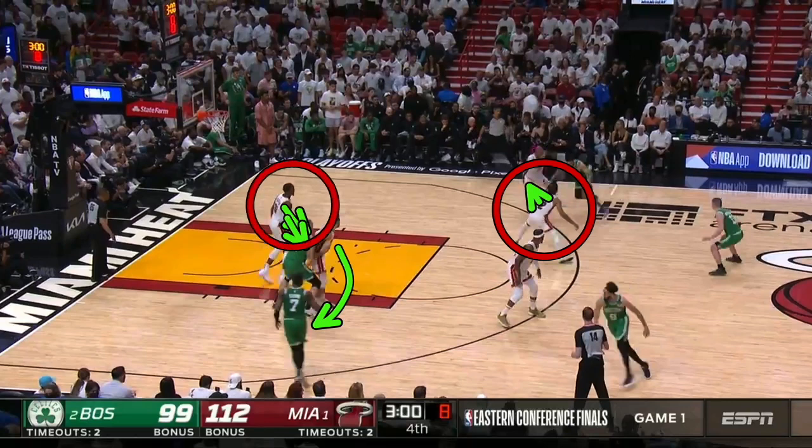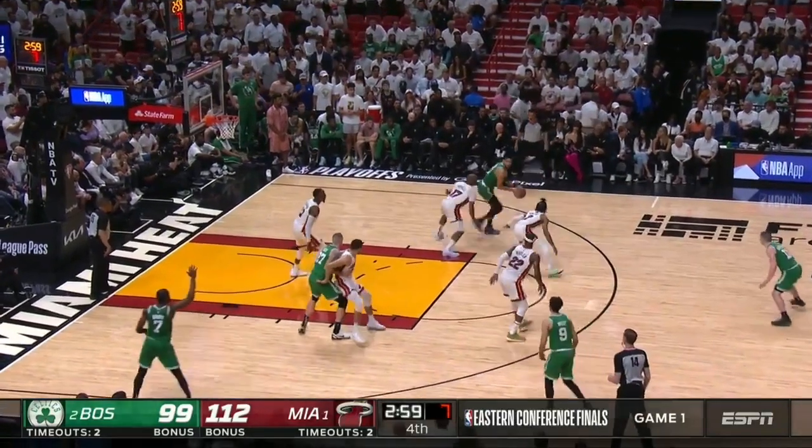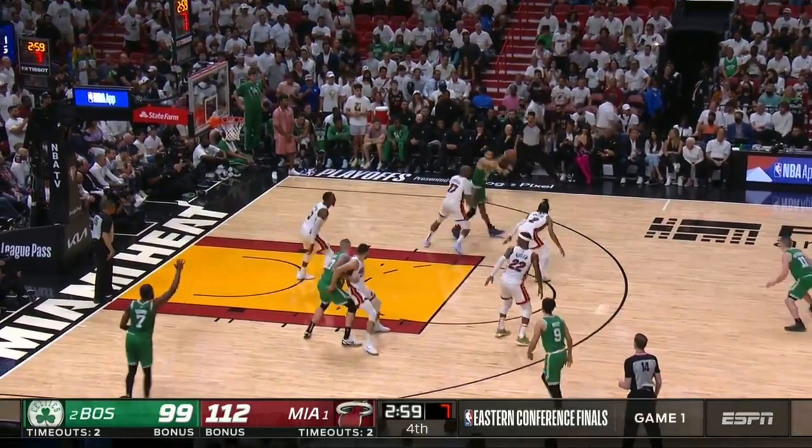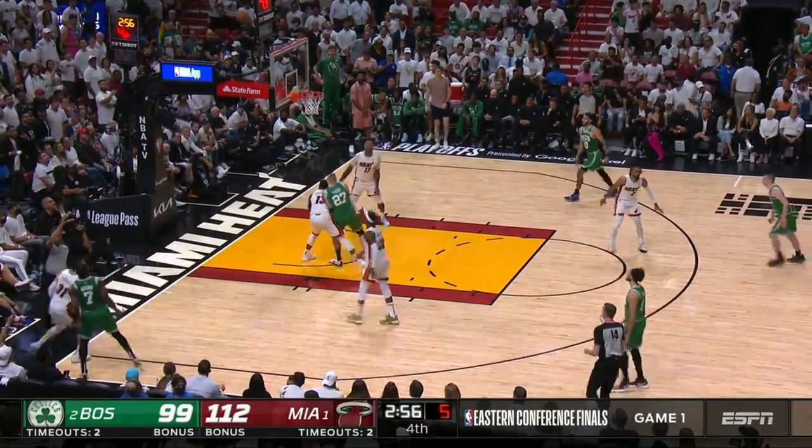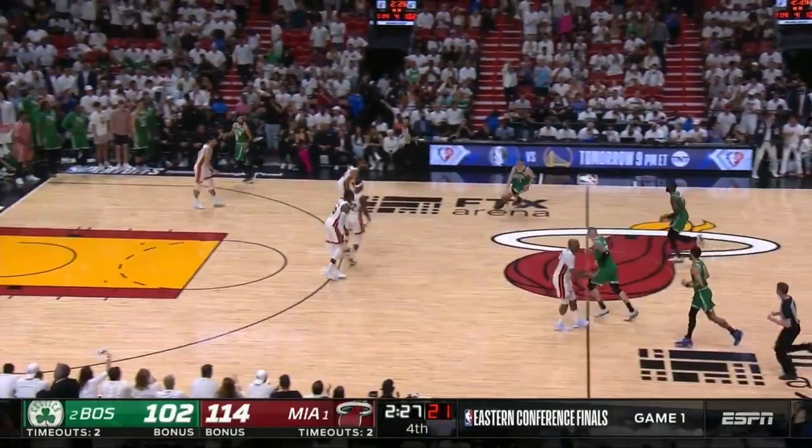You do not need to help at the rim. But look what happens. The gap helps there, okay? This player's just standing in no man's land. This player's going to get hit with a screen because he's trying to help the helper, which is your guy, and it leads to a corner three. Again, the Celtics are in the bonus.